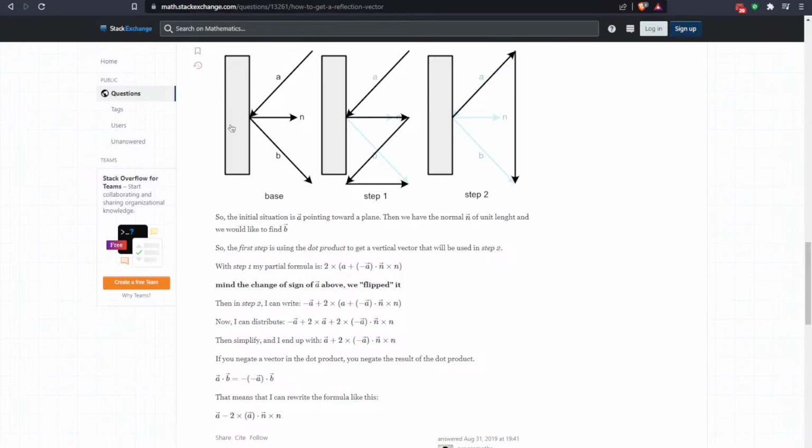A is pointing towards a plane. Then we have the normal n of the unit length, and we want to find B. Okay. First step is using the dot product to get a vertical vector that will be used in step 2. Step 1, partial formula is 2 times